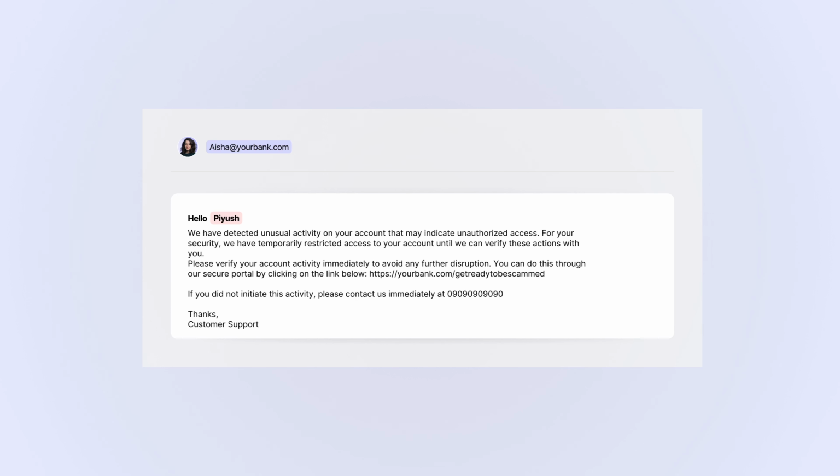The other types of phishing attack are spear phishing and whaling. Spear phishing is more of a targeted attack where an attacker would research a specific individual and then craft their message according to that particular individual. Spear phishing emails are more convincing and it increases the chance of success for an attacker.